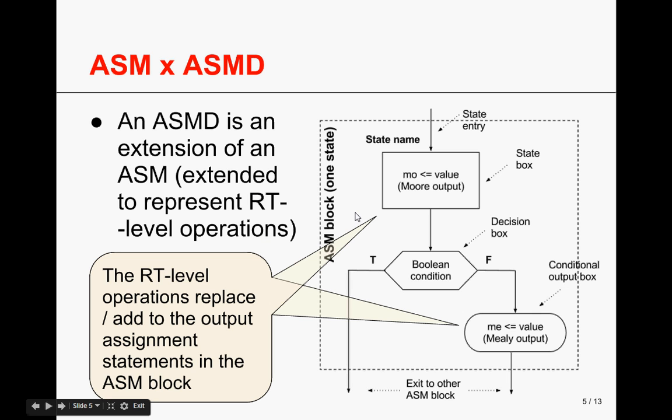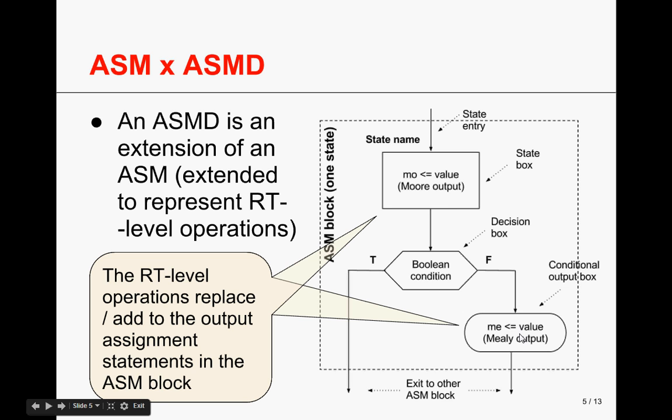Essentially, this extension consists of being able to represent register transfer level operations as well in the state box and in the conditional output boxes, whereas before, in the case of FSMs, we handled single bit signals in these